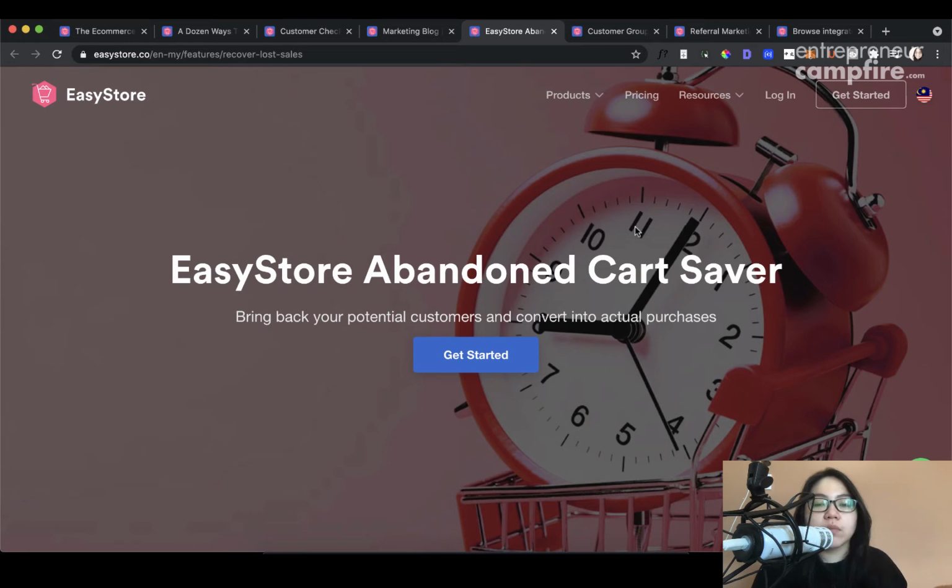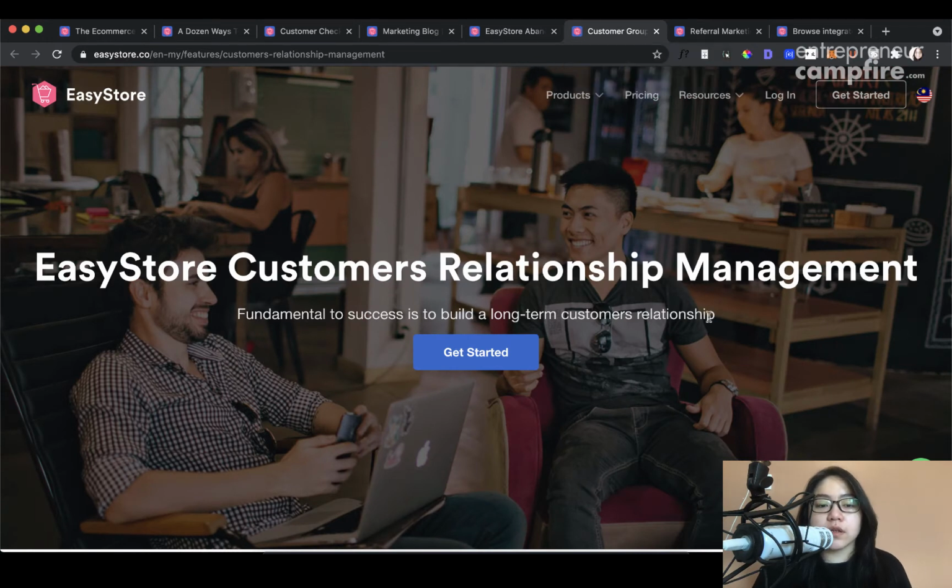From industry statistics, if you do this, then sometimes you'll get about a third of those abandoned cart customers ending up purchasing. So this is yet another tool that's already inside Easy Store that can help you to increase your store conversions. The next tool is the Customer Relations Management, or most people call it CRM.